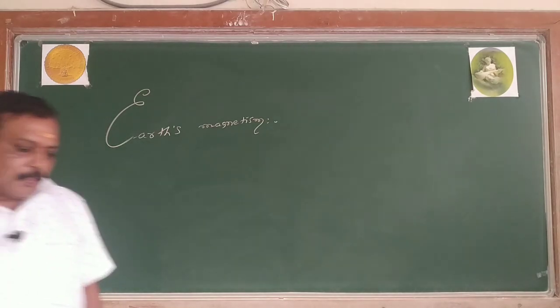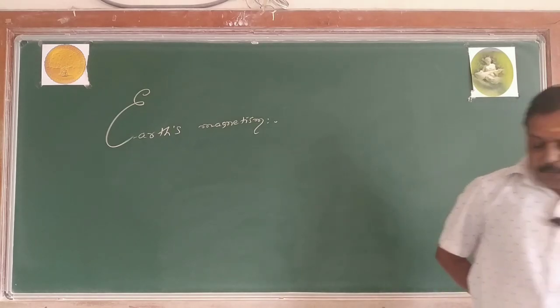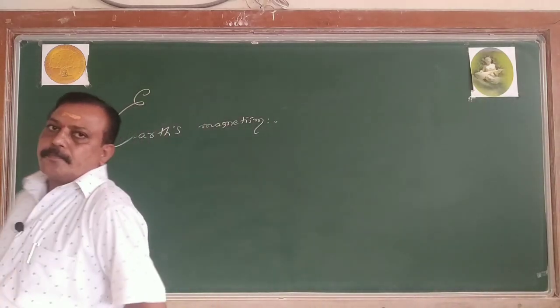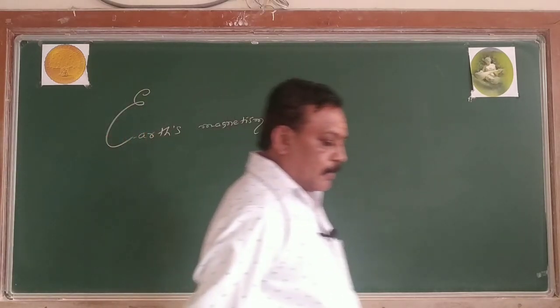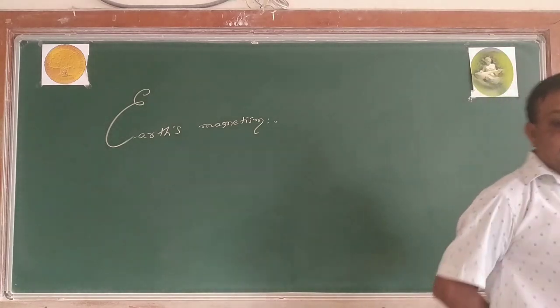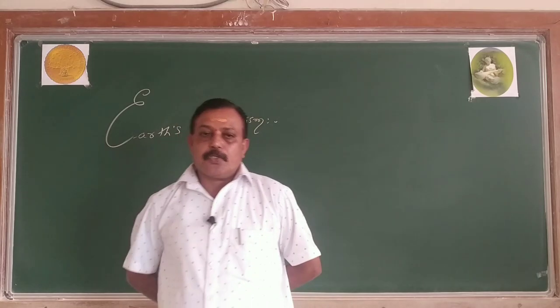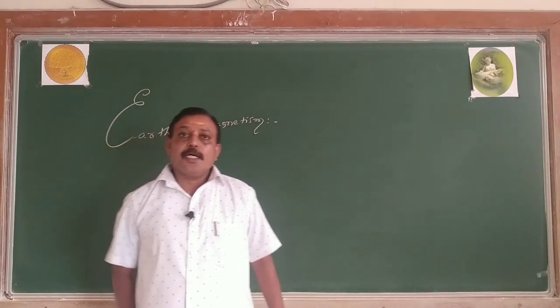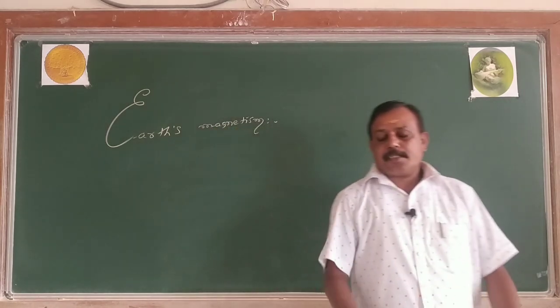According to William Gilbert, Earth is a huge magnet. The Earth possesses the magnetic field because of deposition of Fe3O4 in the core of the Earth. Because of this magnetic oxide of iron Fe3O4 in the core of the Earth possesses what? The magnetic field. Hence the Earth acts as a huge magnet.